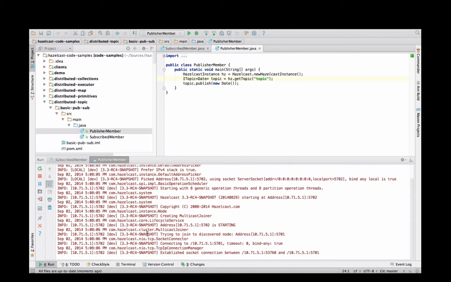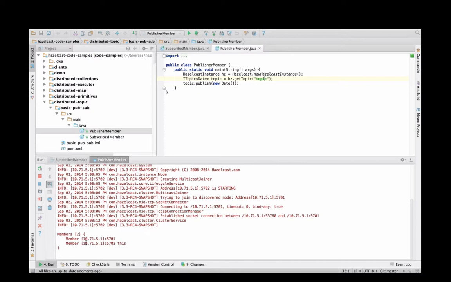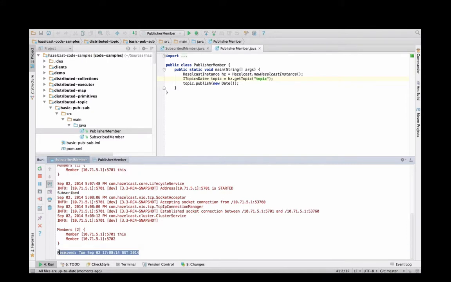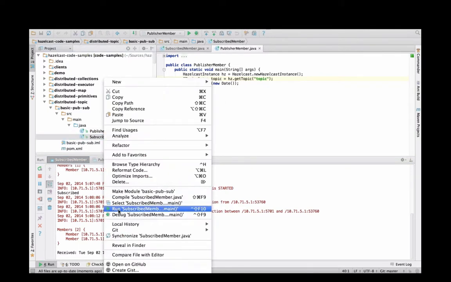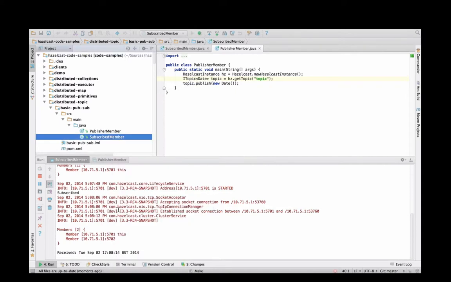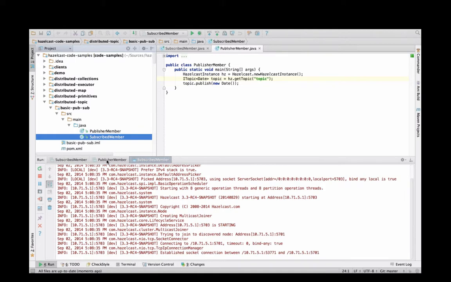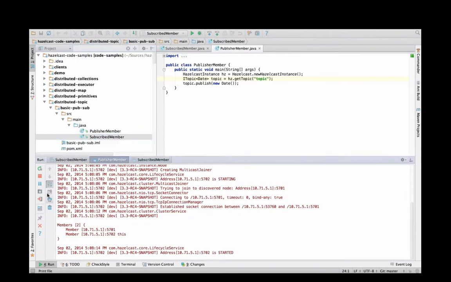It's just firing up now, the publisher member. That will join a cluster. Here we go, we'll join the cluster now, and we're publishing. And if we go over here, there we can see there's the data that we published to the other side. So what I can do as well, just to prove that this is a real pub sub, is let's add some more subscribed members, and we'll run another publisher, and you'll see that